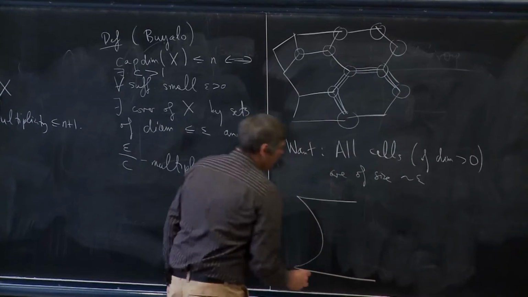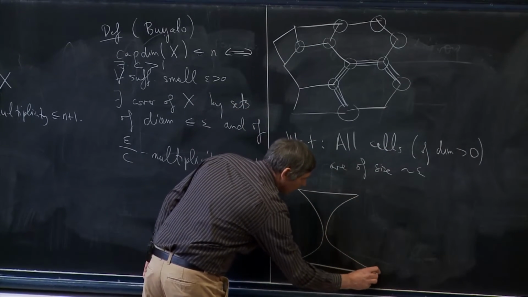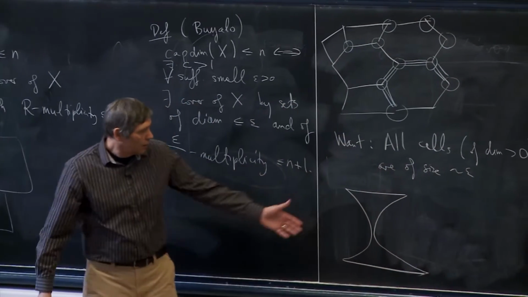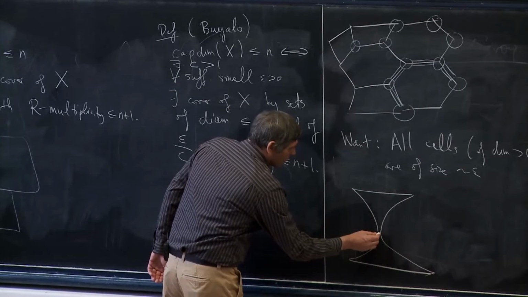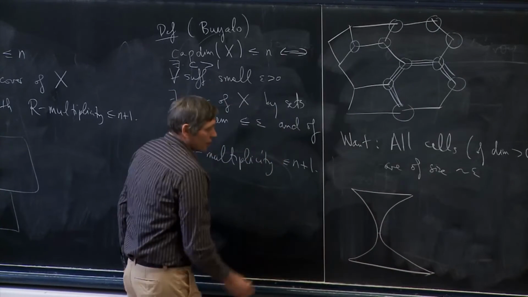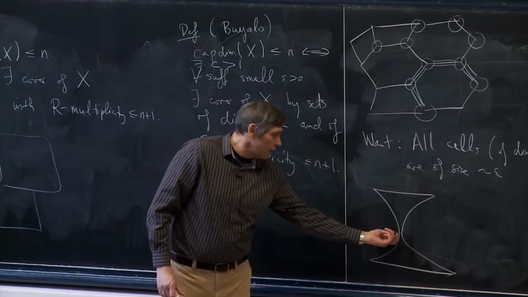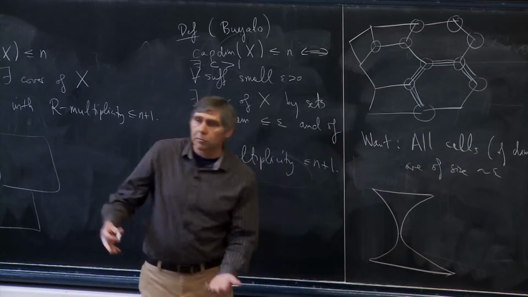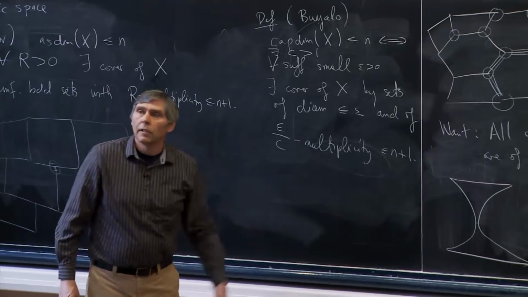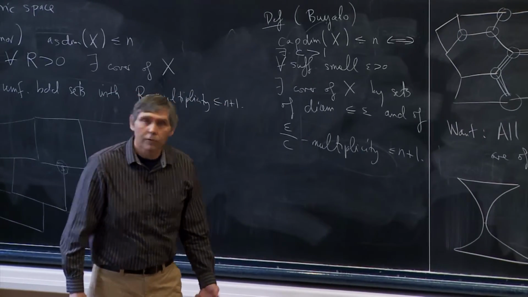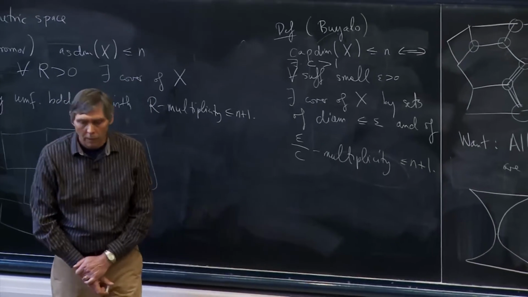Okay, so here's maybe a quadrilateral, but in the underlying metric, maybe it looks like this. So the cell has size epsilon, but the distance between these two opposite faces is maybe much less than epsilon. In other words, the ratio between the distance between these two faces and epsilon maybe goes to 0 in my sequence of covers. Then this is no good, right? I cannot use these covers to estimate the capacity dimension.